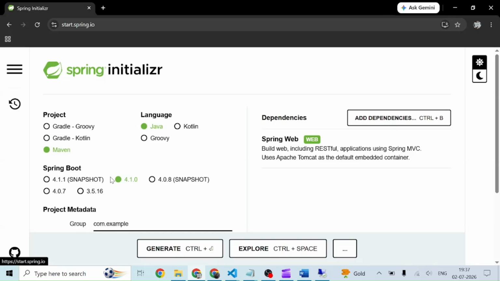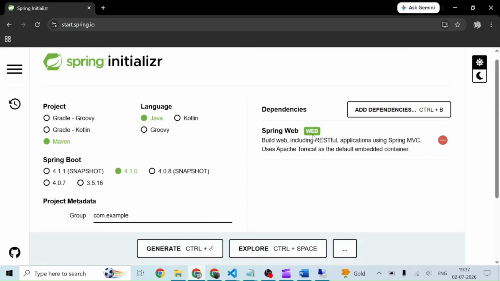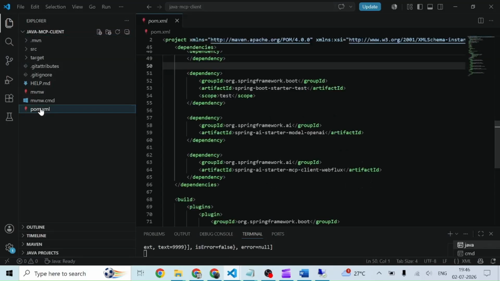Select Project Maven and language Java. Spring Boot version 4.1. Enter artifact, Java MCP Client, and select Java version 21. For dependencies, we'll only select Spring Web. Generate the project and open in VS Code. We have manually added the Spring AI dependencies so you clearly understand which libraries are responsible for OpenAI integration and MCP communication. In pom.xml,